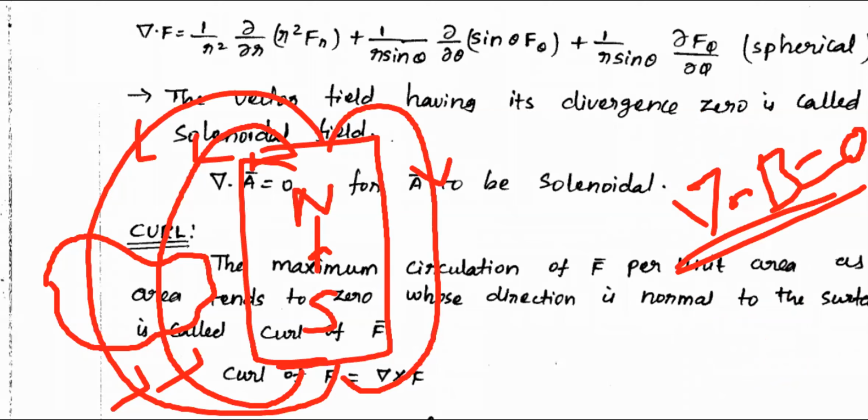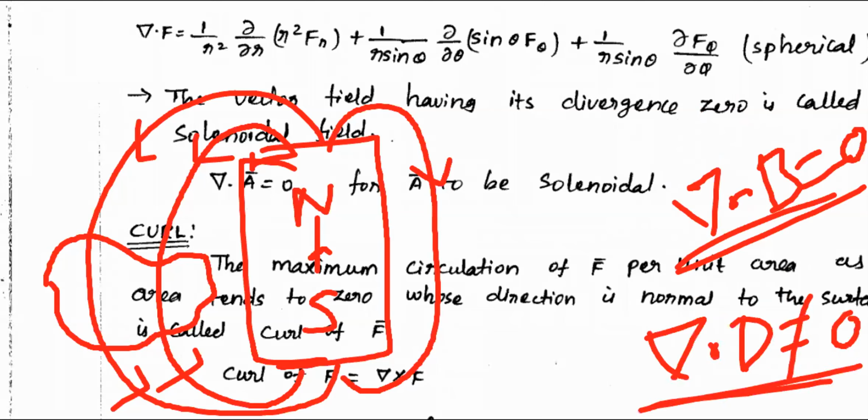Yes, this is the idea. For a magnetic monopole, del dot B is always 0, but del dot D is not equal to 0. But you should have some finite charge there. Without putting charge there, you cannot expect electric flux. Definitely you have to have some charge, either positive or negative. This is the idea.